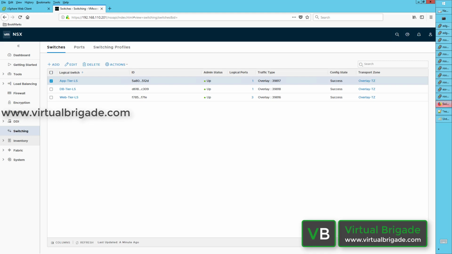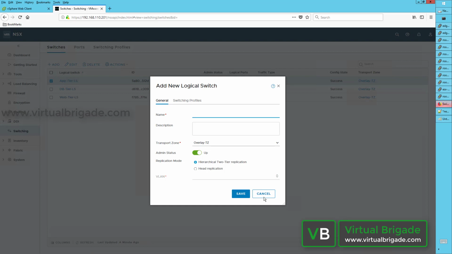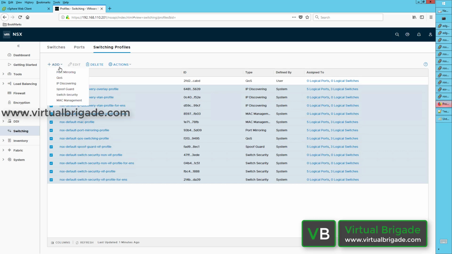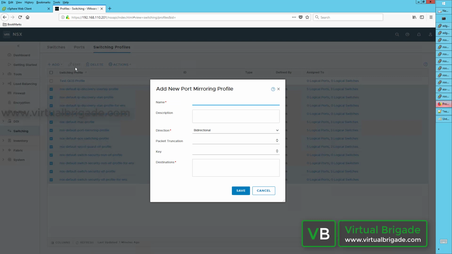So let's go ahead and discuss the port mirroring switching profile. In order to create the port mirroring switching profile, I'll go to the switching profile tab. From the switching profile tab, I will click on add, and then I'll select port mirroring. From the port mirroring, once I click on the new port mirroring profile, I'll enter the name test port mirroring profile. And then you can specify the direction of